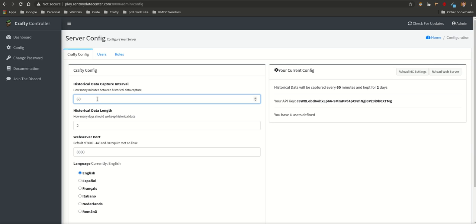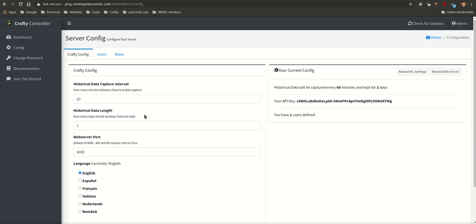Also, it will do a poll to show you, I just realized that my API key is now hanging out there for everyone to see. I need to change that. Anyway, so it'll have the server poll there, and it will basically graph your processor usage, your memory usage, and also your